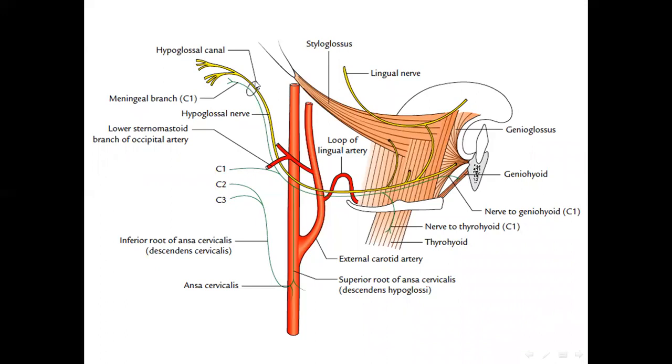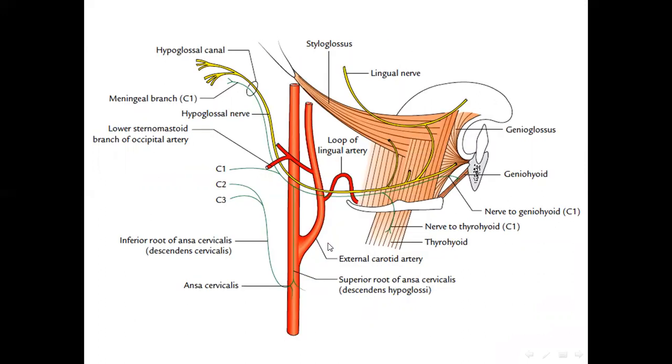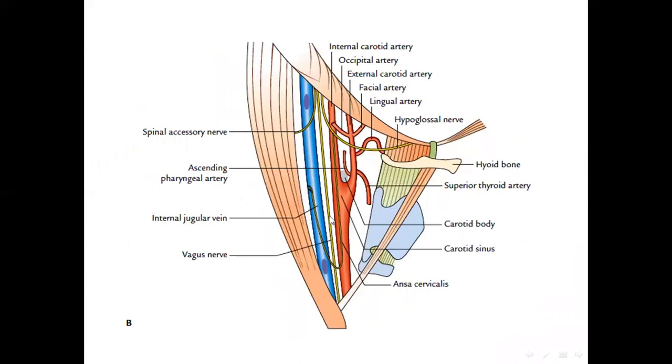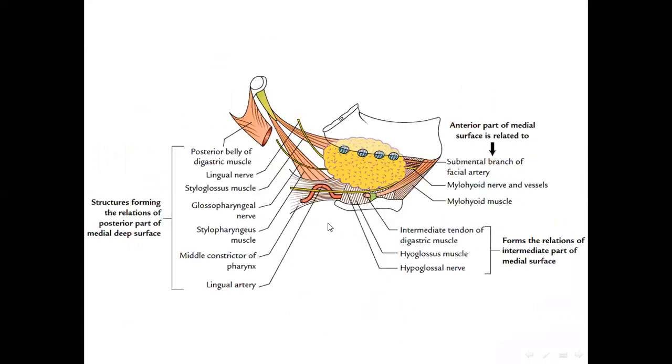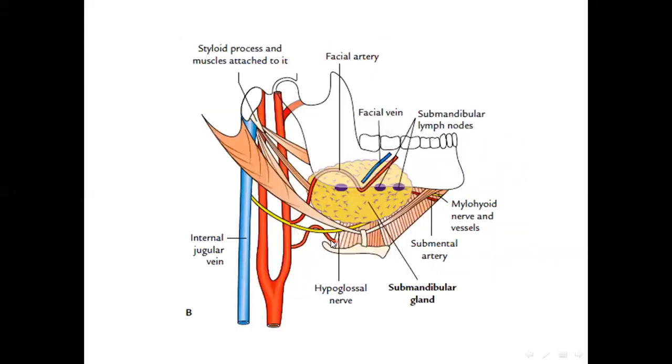This is the hypoglossal canal. It has come out and entered this area, which is very close to the mylohyoid muscle. Then it is entering into the carotid sheath. Inside the carotid sheath, it is crossing the internal jugular vein and the internal carotid artery, isn't it? Then it crosses the mylohyoid to enter into the base of the tongue, where it is splitting into branches to supply the muscles of the tongue, isn't it?